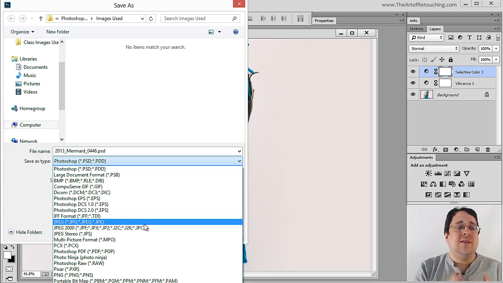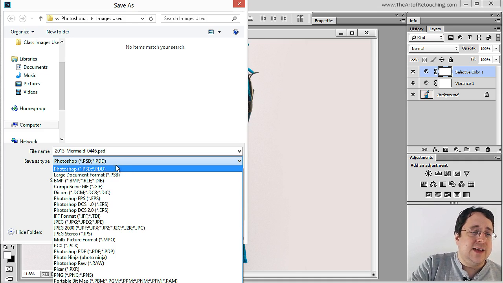However, you don't want to save anything long-term as a JPEG. JPEGs are used for web use, sending via email, things like that, because it's going to damage the file and throw away excess colors. It will ruin your image, which is why long-term you need to use one of the other formats that isn't going to actually damage your image.